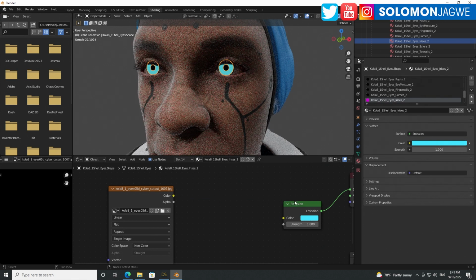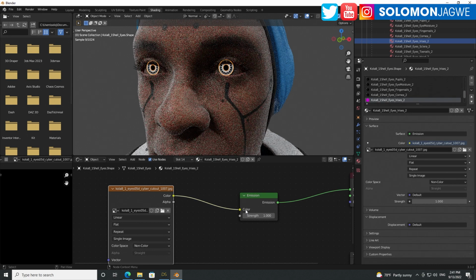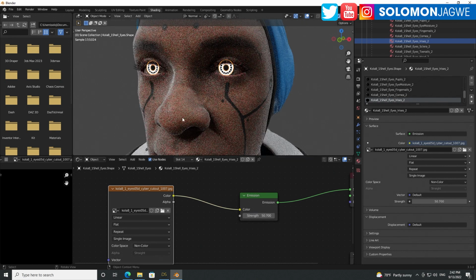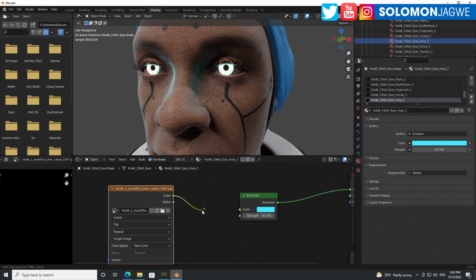We don't need that. Okay, so if I connected this right now, it's not going to give us a color, right? So regardless, you want to be able to adjust the tint of this glowing. So you can increase the strength over here, but you're not getting that nice metallic blue glowing thing. So what you do, let's just remove that and drag this out here.